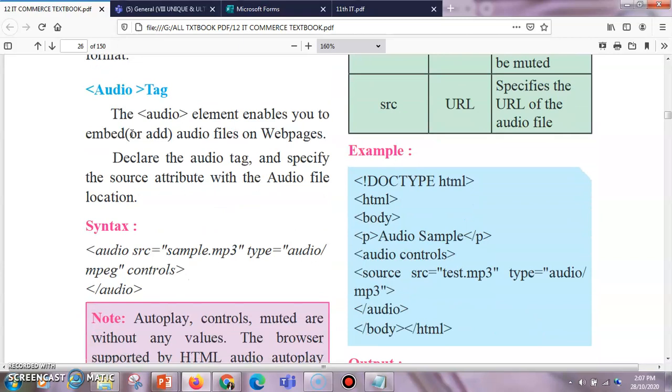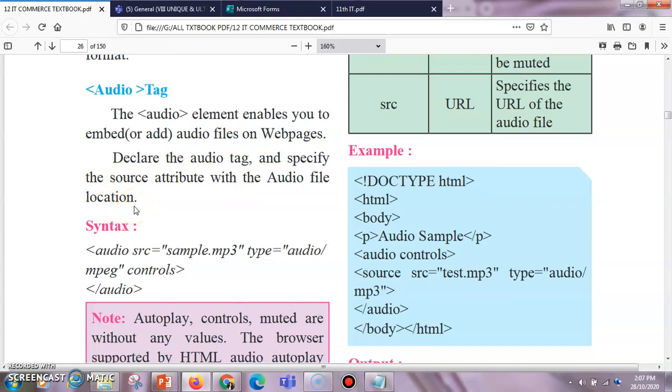Now let us see how we can insert an audio into an HTML program. To insert an audio into an HTML program, you require an audio tag. The audio tag enables you to add the audio file in the web page. So how do we declare it? To declare the audio tag, specify the source attribute with the audio file location.